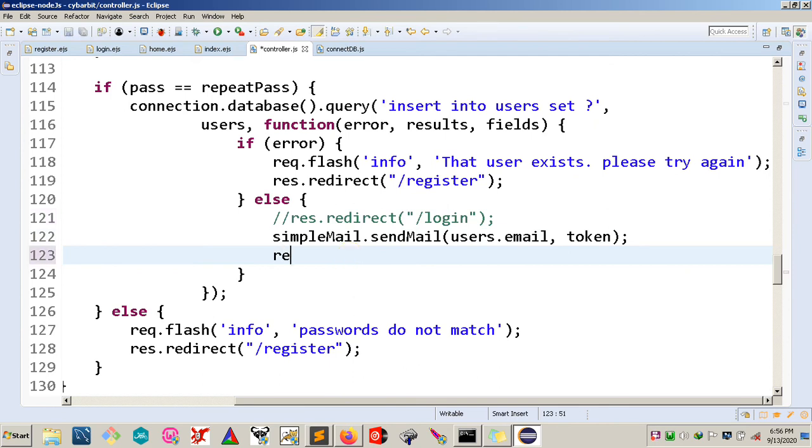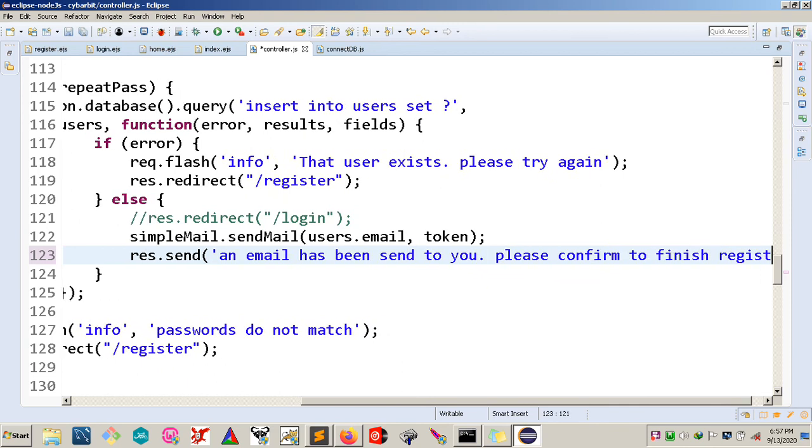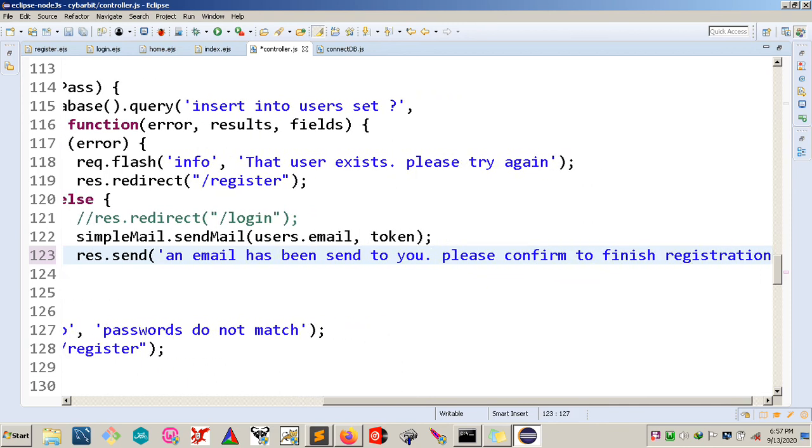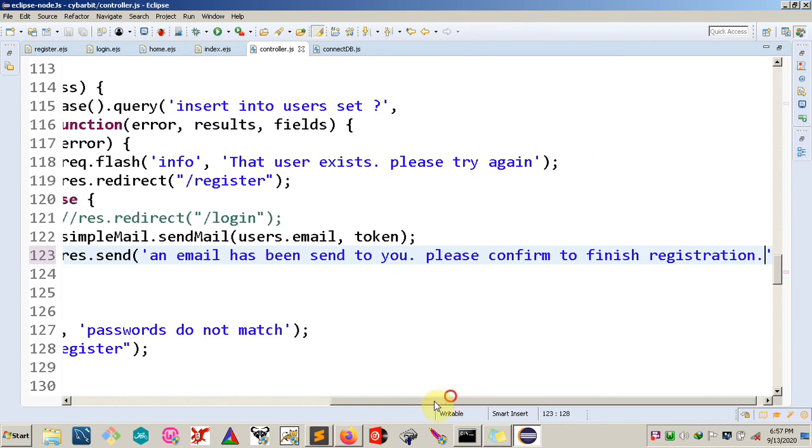res.send, email has been sent to you, please confirm to finish registration. I think that's fine. So once we have all of that,